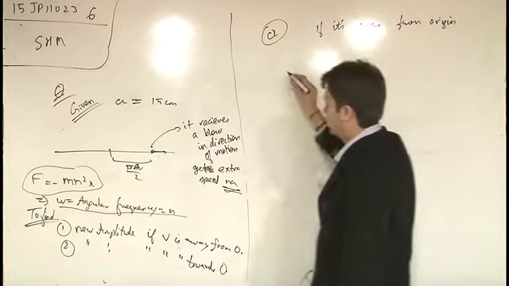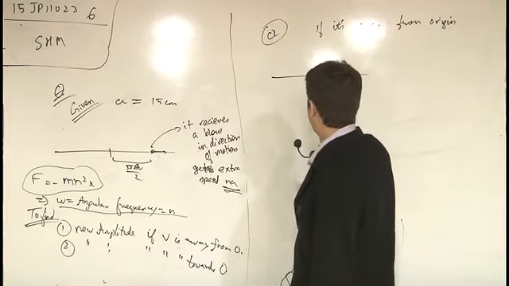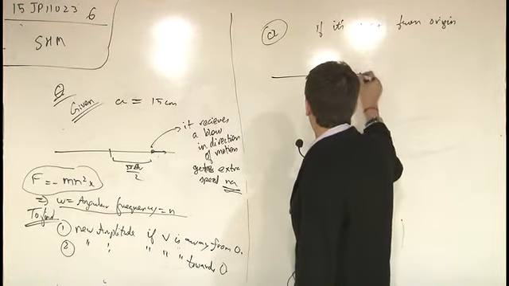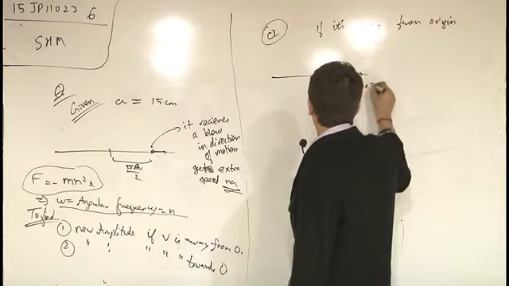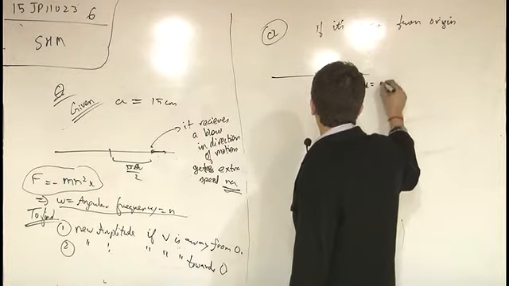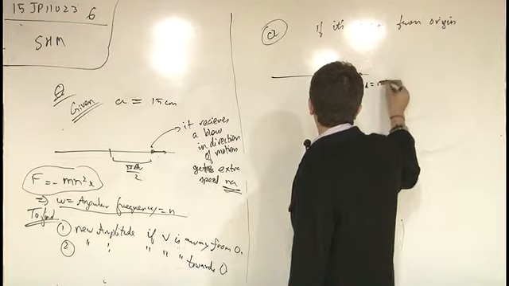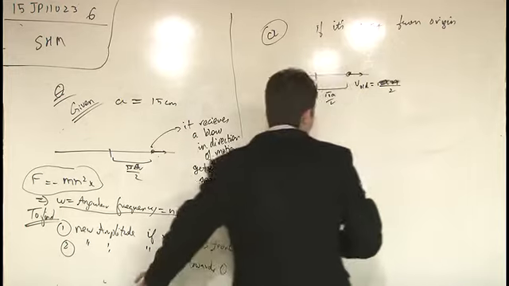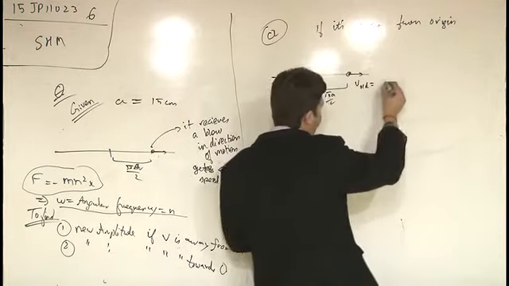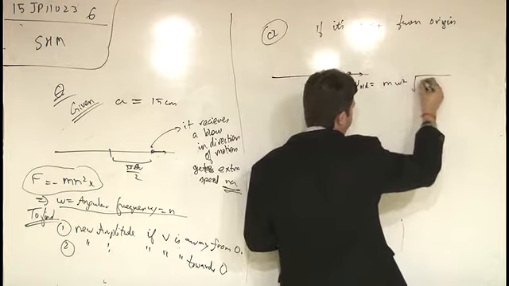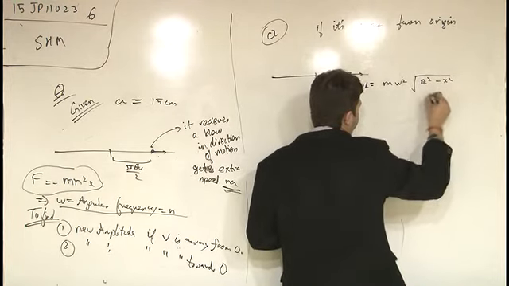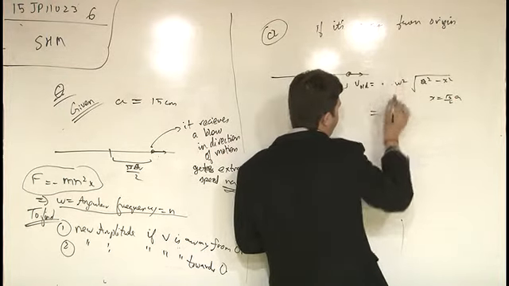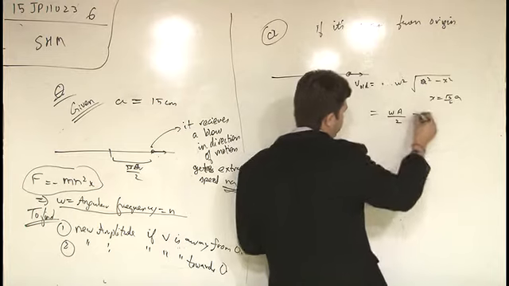There are many methods to solve this, but one of the methods is this one. If this is root 3 by 2 a, we can say the old particle velocity v old must have been equal to a omega by 2, or a n by 2 in this case. If we have problem calculating it, we can use omega square root of a square minus x square, and put x equal to root 3 by 2 a. You will get omega a by 2, which is equal to n a by 2 in this case.